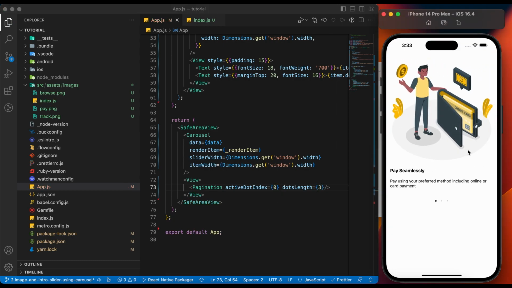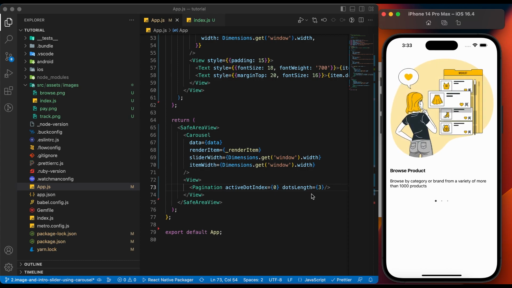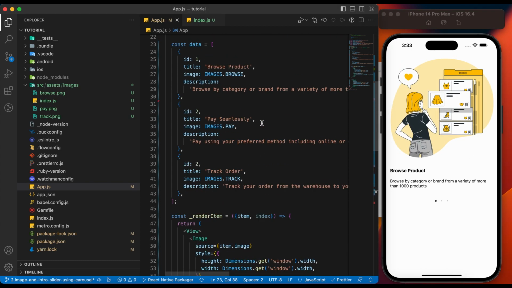But changing the slider won't update the pagination dots. For this we will add a state in reference to the carousel.